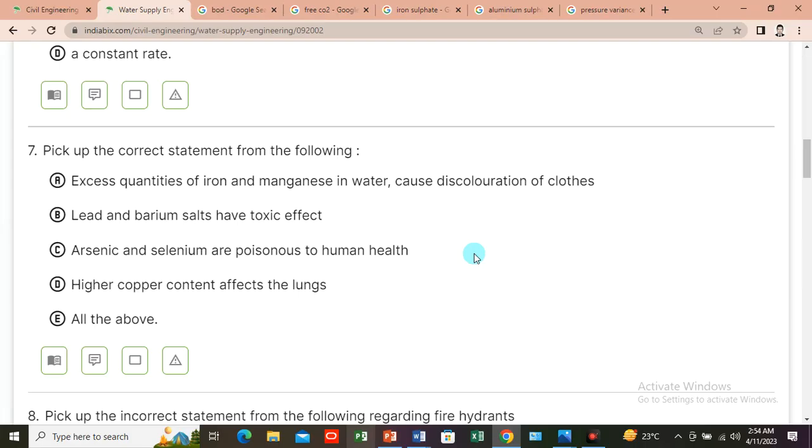So it's the last question for today's session of the first tutorial of the MCQ series of water supply engineering. Pick the correct statement from the following. Excess quantity of iron and manganese in water causes